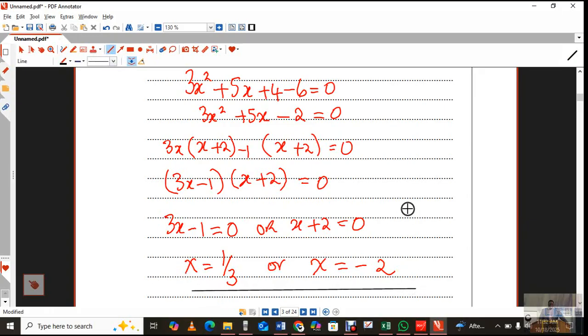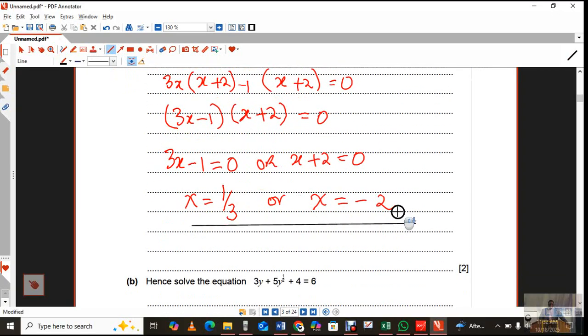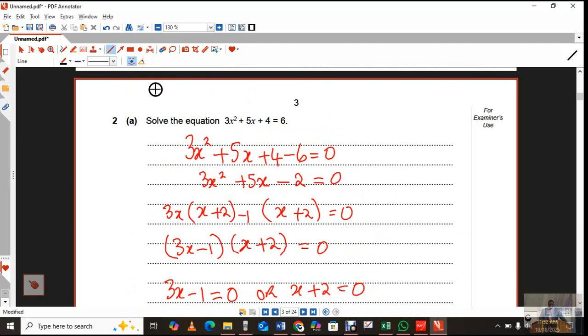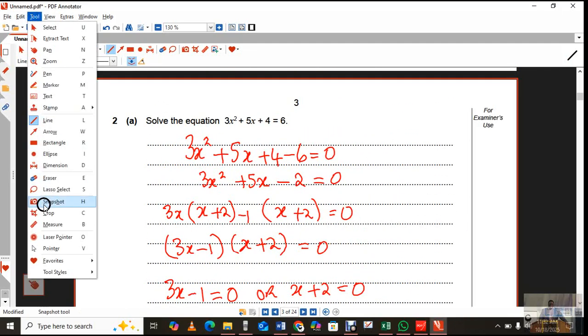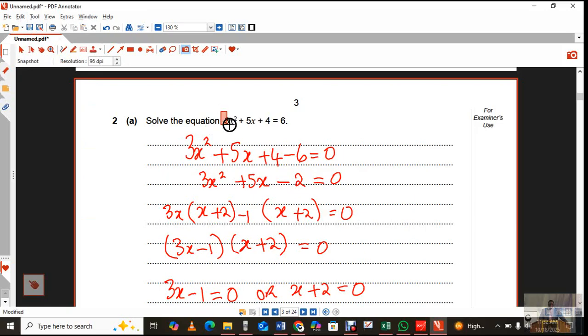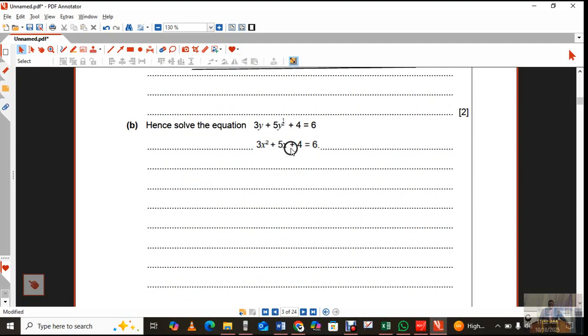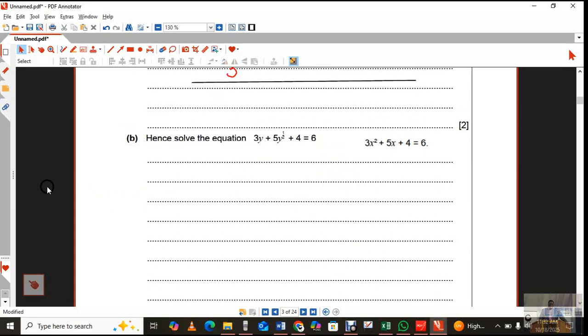Right, so this is part A of the question. Now, if you look at this equation, you will see that they are actually very similar. The only difference is that where they have a y, there was an x. So I'm just going to move that to that side. I'm going to rewrite this so that it can be in this type of format for us to realize something,